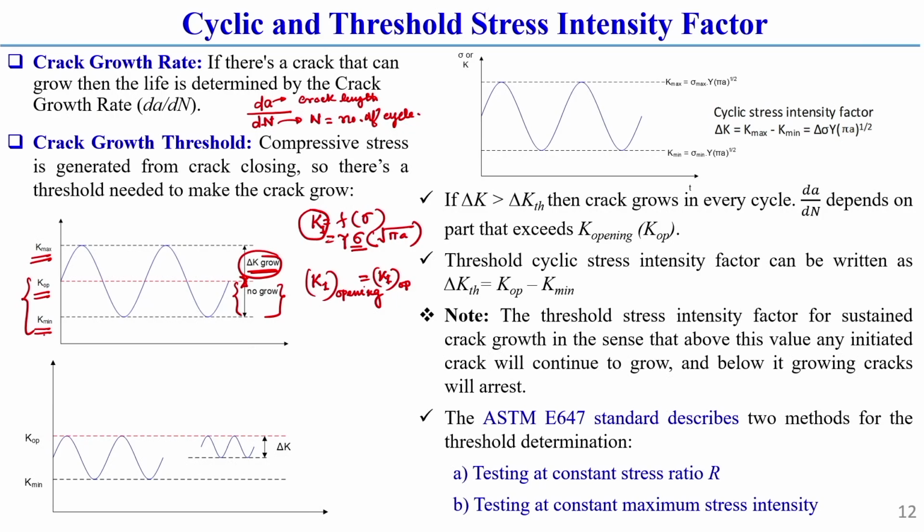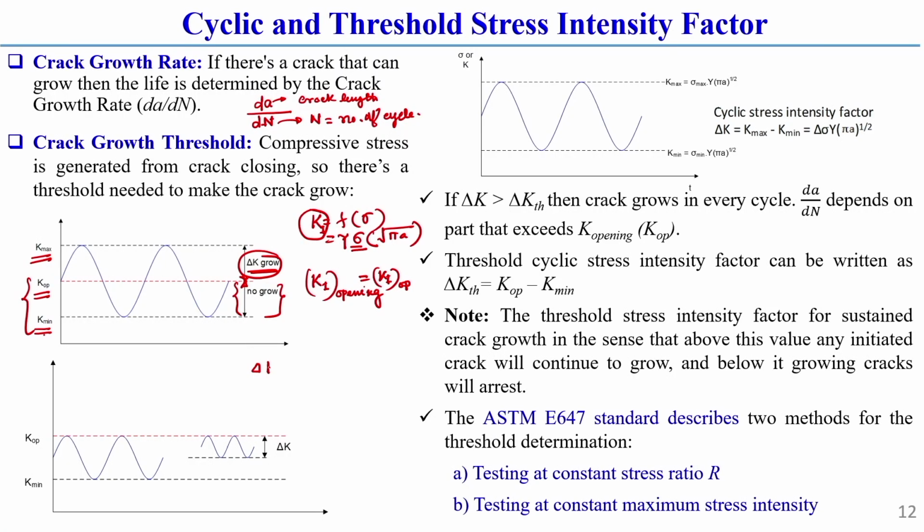So, where no crack growth has taken place, till that location we consider a term that is called threshold stress intensity range, that means delta K TH. This is called threshold stress intensity range. This threshold stress intensity range is a limit. Below this the crack will not propagate, above this threshold stress intensity factor the crack will grow or propagate. This you should keep in mind.